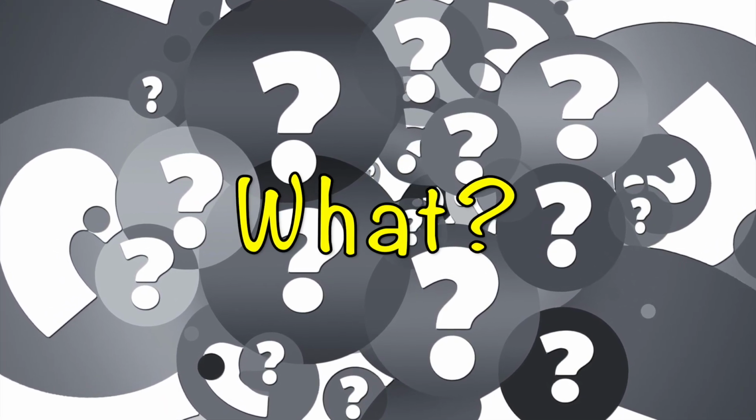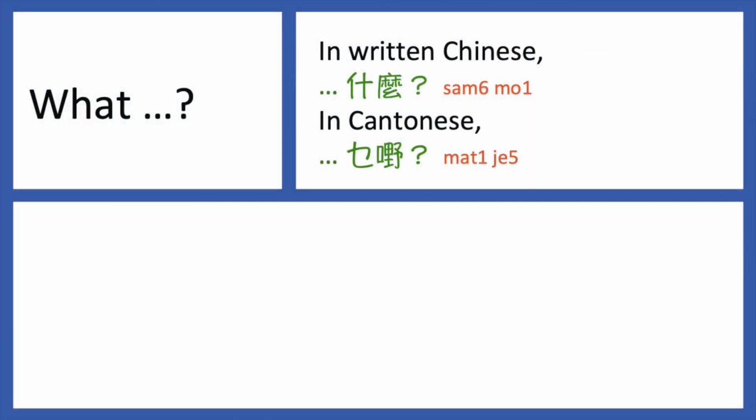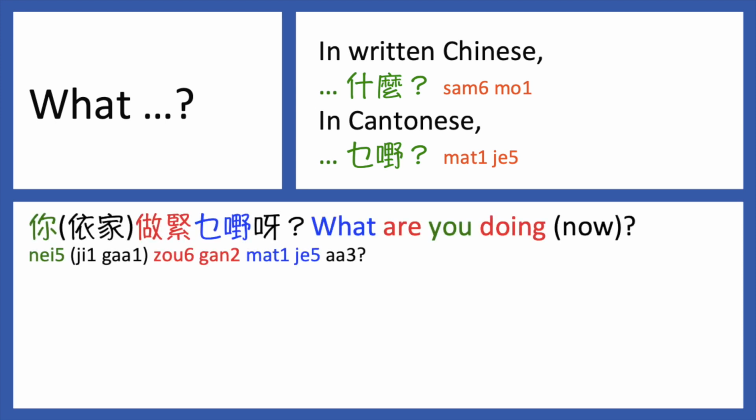The first one I would like to introduce is what. In written Chinese, we say 什麼. In Cantonese, we say 乜嘢. You can see this question word is placed at the end of the question. See the following example. 你依家做緊乜嘢啊？